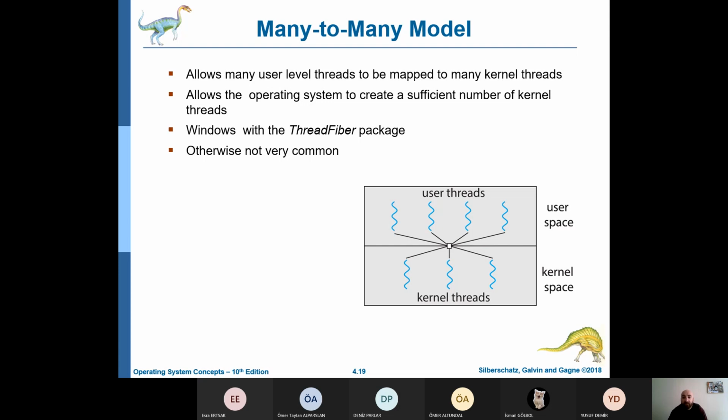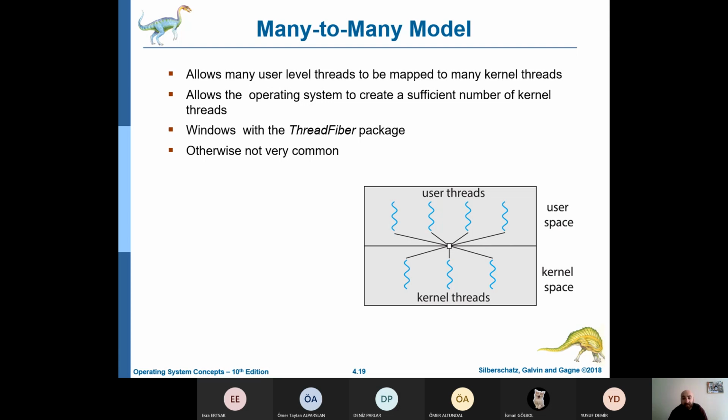where the many-to-one model allows the developer to create as many user threads as she wishes. It does not result in parallelism because the kernel can schedule only one thread at a time. The one-to-one model allows greater concurrency, but the developer has to be careful not to create too many threads within an application.